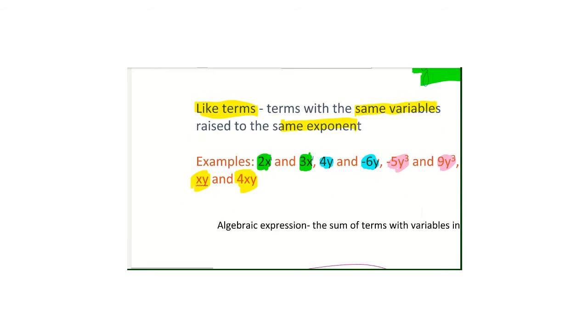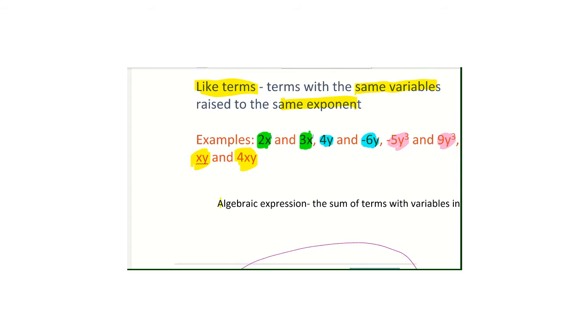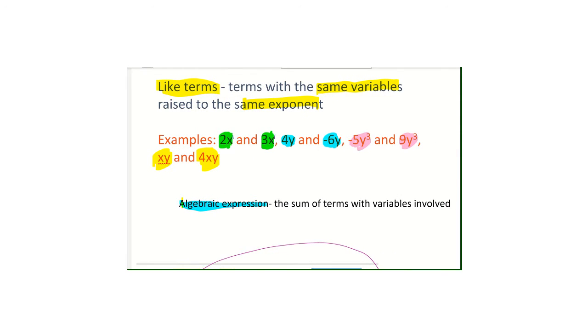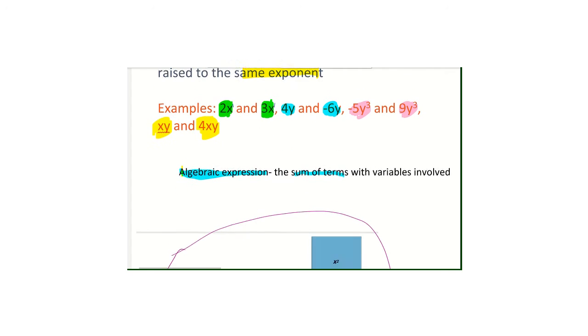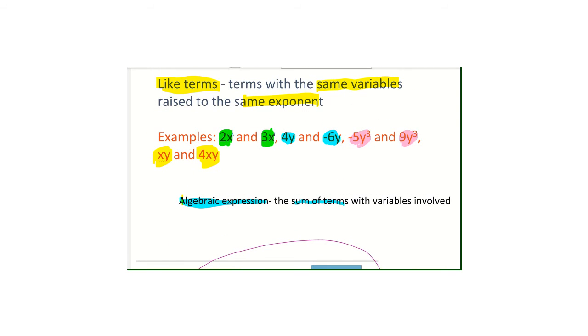The next vocabulary I want you to get used to is algebraic expressions. An algebraic expression is the sum of terms with variables involved. Whenever you hear algebraic, it just means you're going to have variables. And then an expression is a sum of terms. So it's where you add these different terms together. Okay, so for example, an algebraic expression